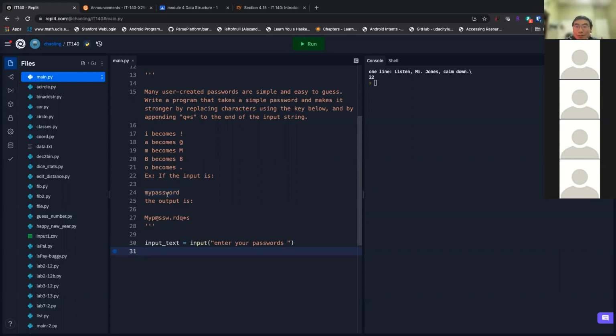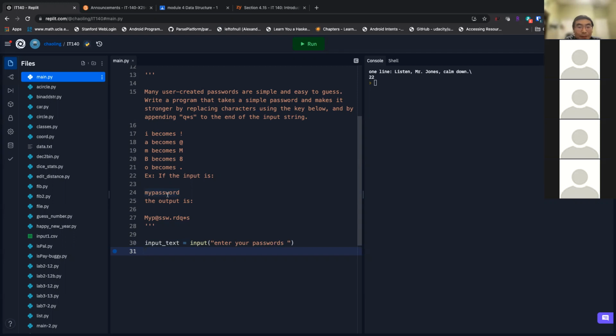What kind of data structure is suitable for this kind of thing? Like I say I, you say you, right? Whatever. This makes a new string. Of course, we're gonna make a new string, but how?